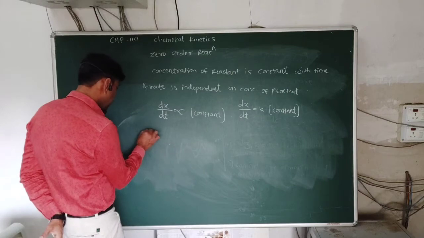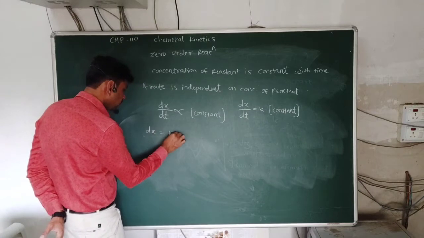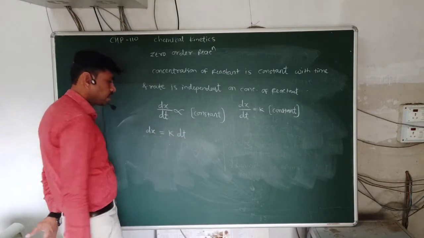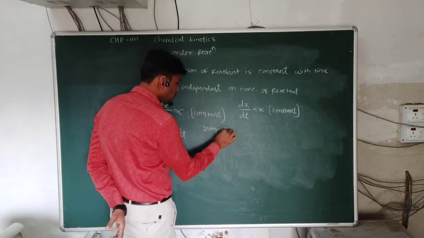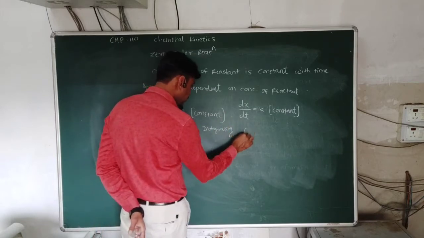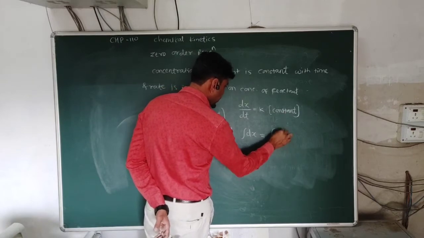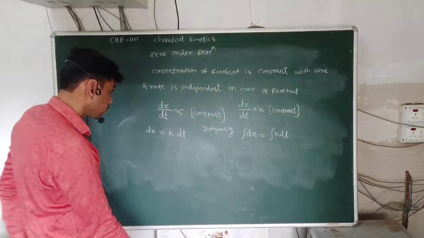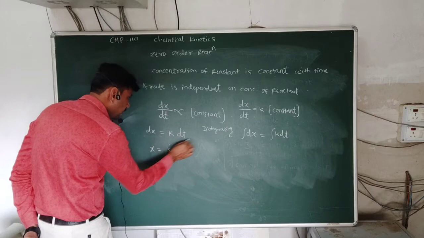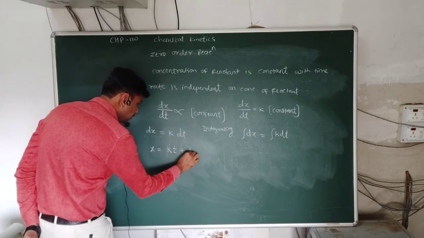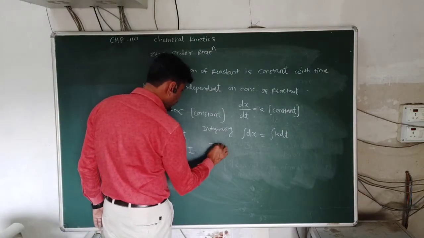If we rearrange this equation, then we can write dx equal to k into dt. By integrating this equation, integration dx equal to integration k dt. So integration gives x equal to k into t plus I, where I is a constant,